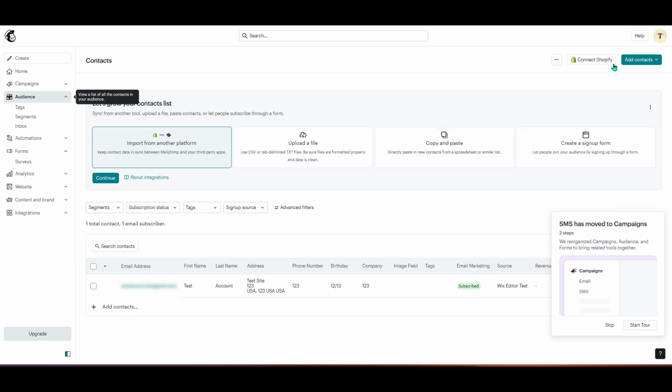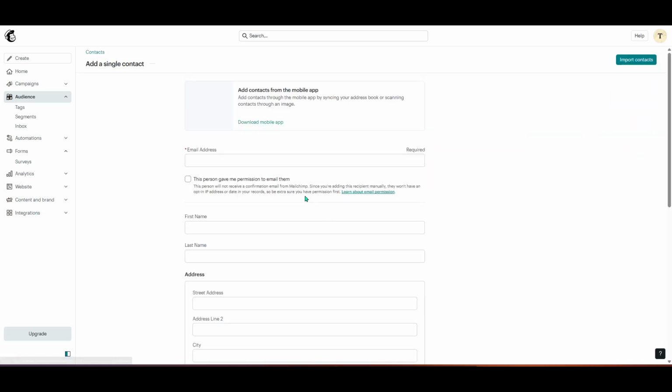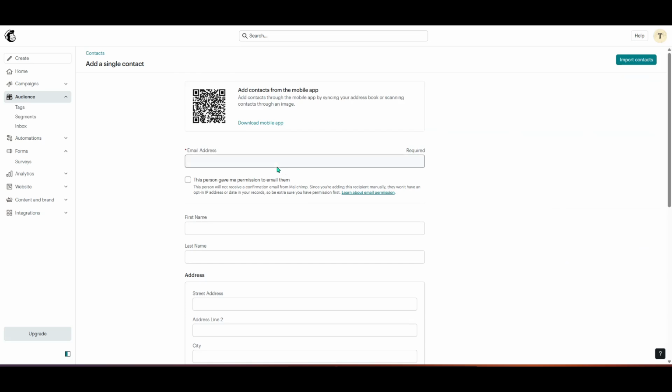To add more people, move to the top right and click Add Contacts. This opens your choices for bringing new data into Mailchimp. You can import using a file, add contacts manually one by one, or import using integrations that connect Mailchimp to other tools you use. Use a file import when you have a spreadsheet of addresses, like a CSV or TXT